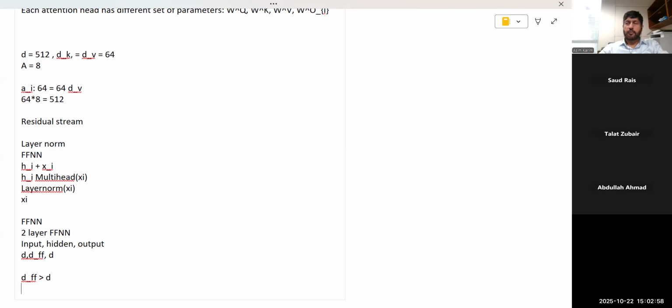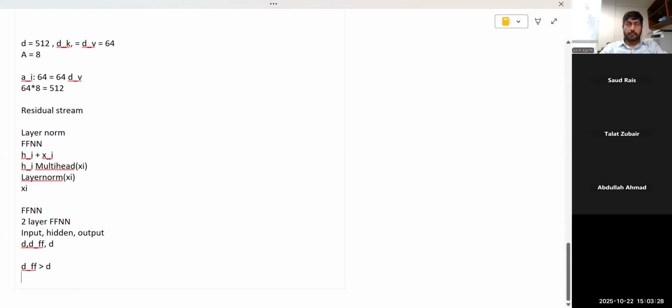एंड ऑफ कोर्स यू ऑलरेडी नो द फीड फॉरवर्ड नेटवर्क। इसमें दो मैट्रिसेस होते हैं पैरामीटर्स के, एक तो इनपुट और हिडन के दरमियान मैट्रिक्स होता है W1, और एक W2 होता है फ्रॉम हिडन टू आउटपुट के लिए, और बायस पैरामीटर्स भी होते हैं इफ यू आर नॉट इंक्लूडेड इट इन W। तो ये आपको इक्वेशंस पहले ही पता है, ठीक है। सो ये पैरामीटर्स भी आपके मॉडल के हैं, एंड दे आर usually द सेम अक्रॉस डिफरेंट वर्ड्स। सो इन अदर वर्ड्स यू कैन थिंक ऑफ वन फीड फॉरवर्ड नेटवर्क फॉर द एंटायर आर्किटेक्चर। ठीक है। तो ये हो गया, एंड फाइनली द लेयर नॉर्मलाइजेशन।